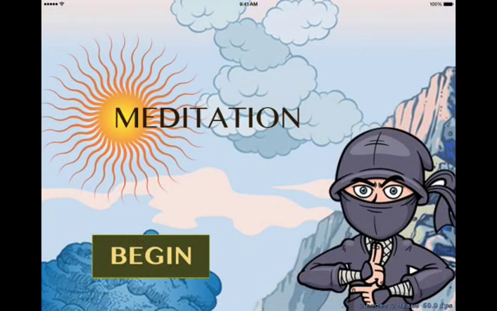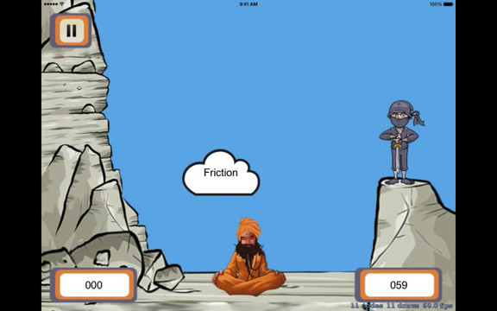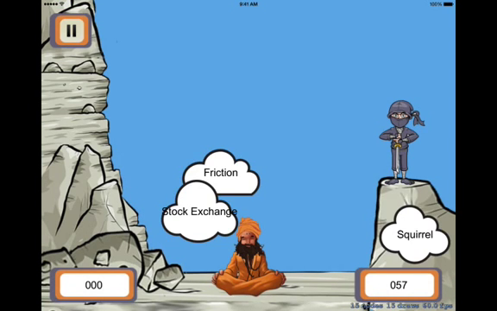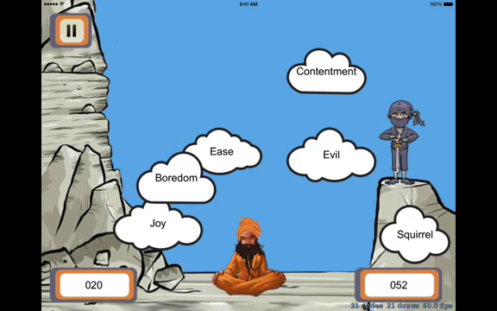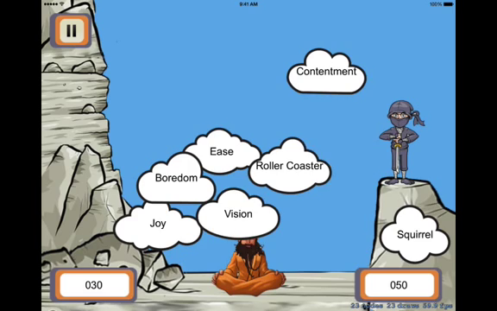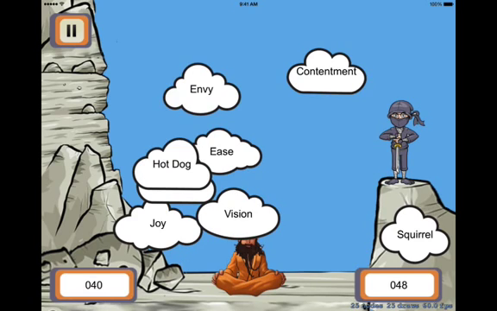Visual feedback helps differentiate bad thoughts from the good thoughts when the user pops the thoughts. So if I begin the game, you can see what I mean. If I get rid of these bad or distracting thoughts like friction or stock exchange or evil or roller coaster, then they go away immediately.